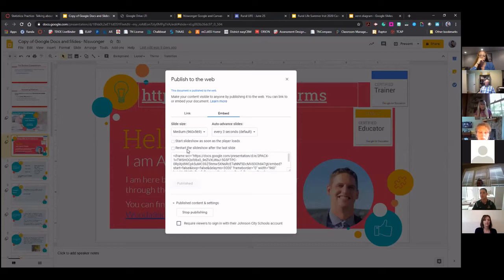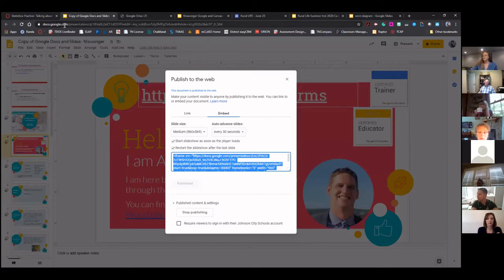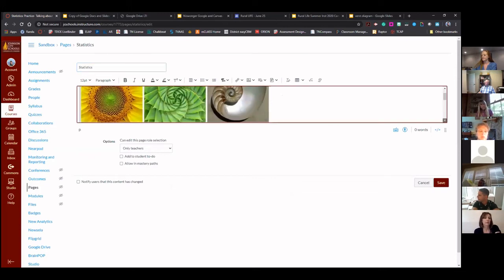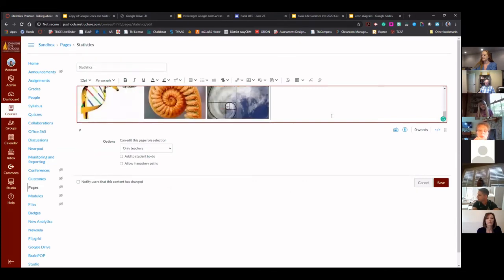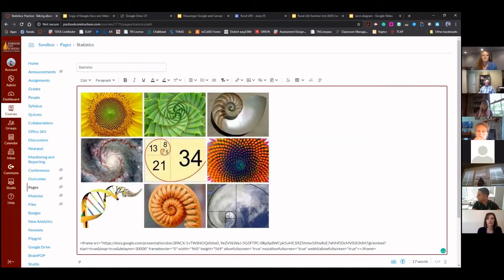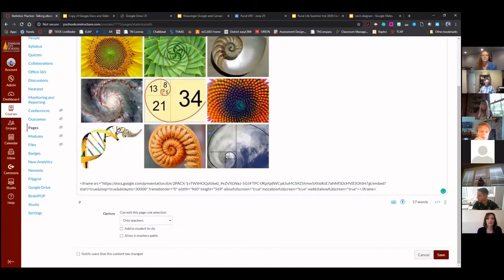So if you click File and Publish to Web, what you can get is an embed code. As we talked about that HTML editor, you can go in there. Let's say that you want this to rotate every 30 seconds. So if you want to have class announcements on your homepage that auto cycles, you can. You want to start it as soon as it loads, and you want it to loop. You can copy this embed code, go over here, paste that in there, and save.